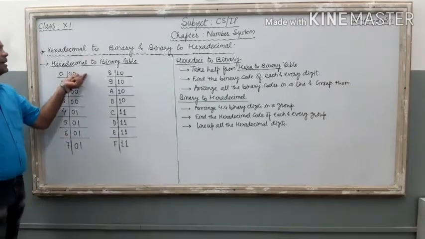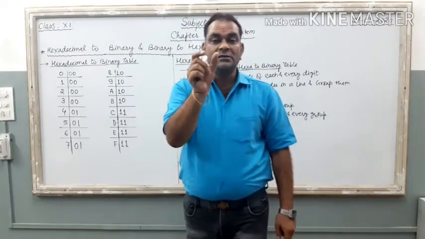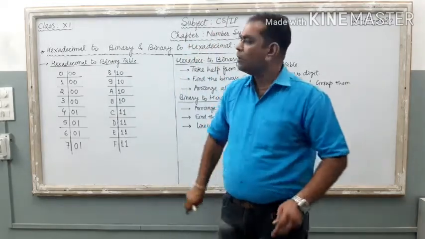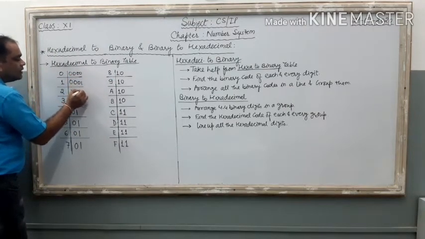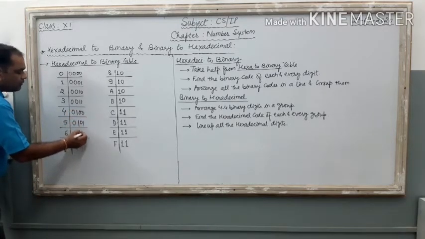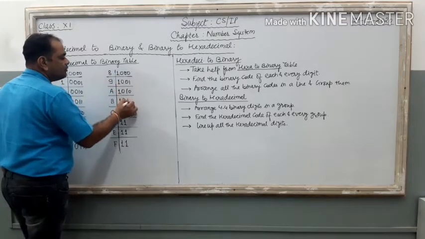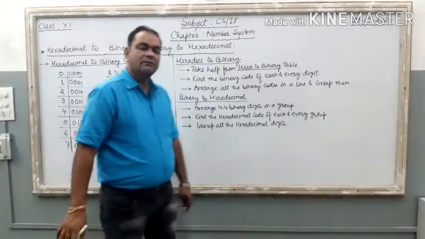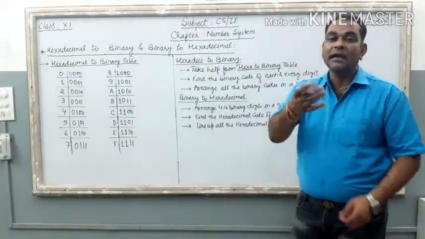Now 2 digits are remaining, and in the octal table, if you remember, the binary code sequence starts from 0, 0, 0, 1, 1, 0, 1, 1. It is a sequence of binary code. Now just put 0, 0, 0, 1, 1, 0, 1, 1, and repeat it again for each group of four. It is a very easy process. By this, you can create the hexadecimal to binary table in minutes.